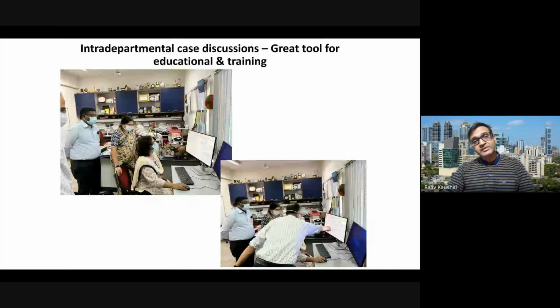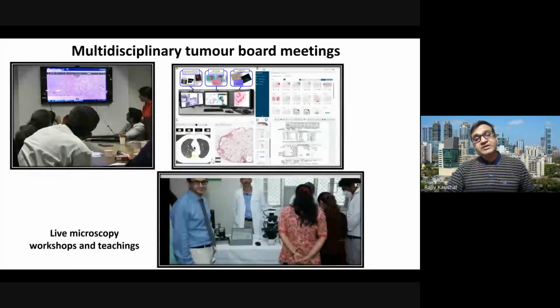It also gives you great help in giving the opportunity for education for the inter-department meetings. Those can become more interactive. And even the multidisciplinary tumor board meetings, where the clinicians usually earlier don't understand what it is under the microscope, so they